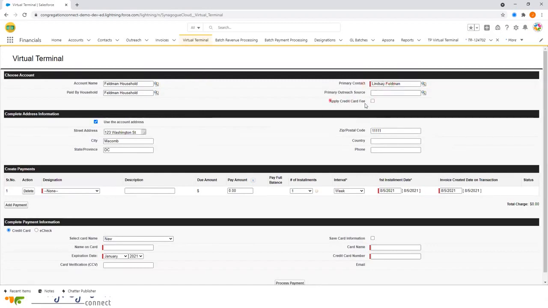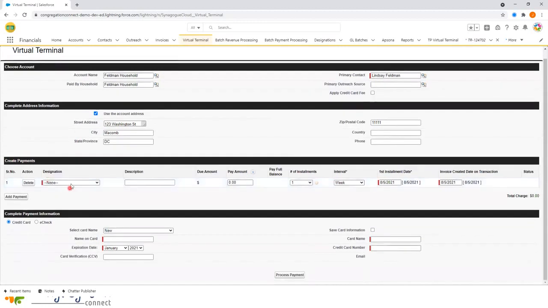Notice you do have the option to apply a credit card fee up here if you select this box. For the address information, I have used the account address selected, and therefore it is using the account address in here. If you wanted to, you could use a different address for the billing address. Down here, I have create payments, and up here, and this is where I would enter a new payment if